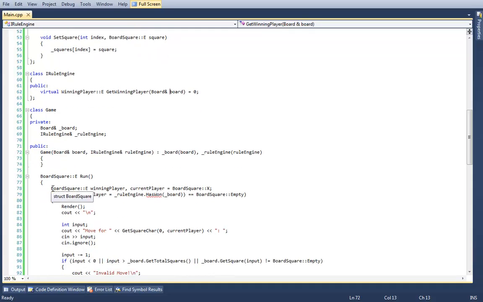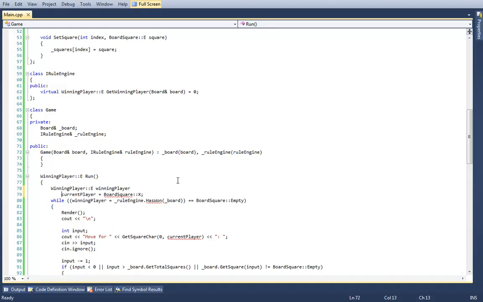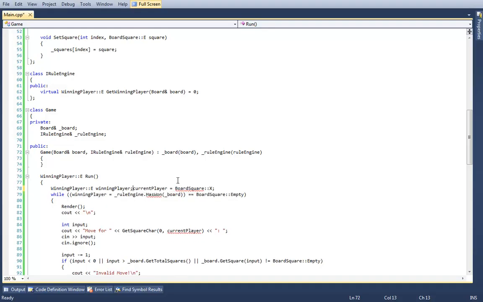Now, the final few differences is that run will return a winning player. And then the winning player variable will become a winning player, while the current player will be set to a winning player as well. So actually both of them will be winning players. But we're only using that for internal use. So then winning player equals rule engine.getWinningPlayer.